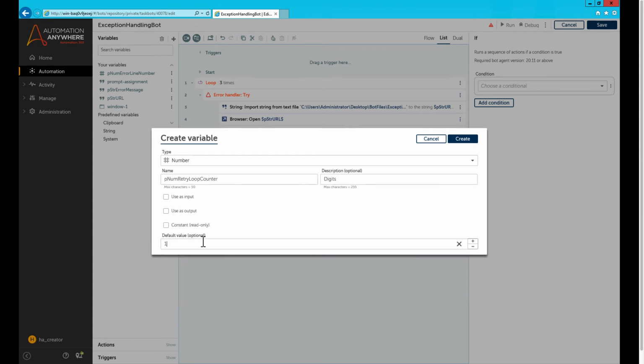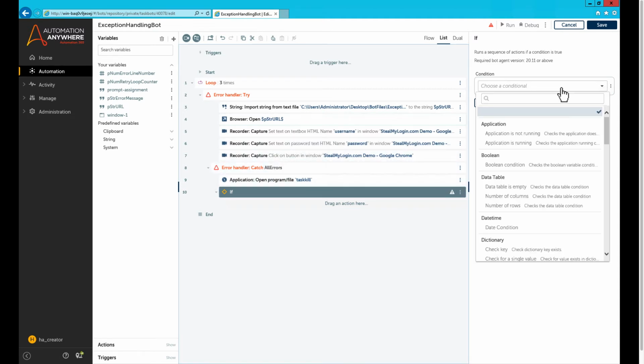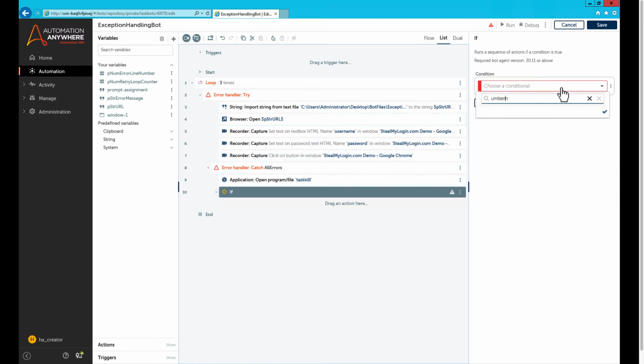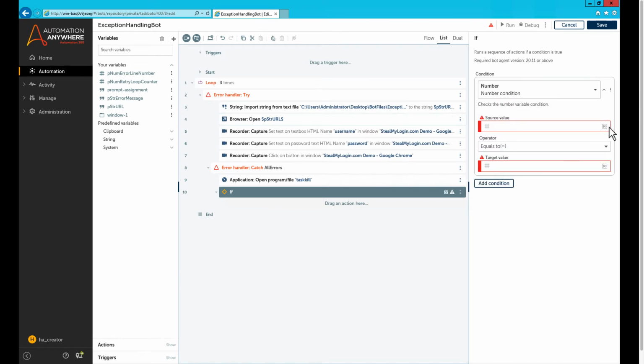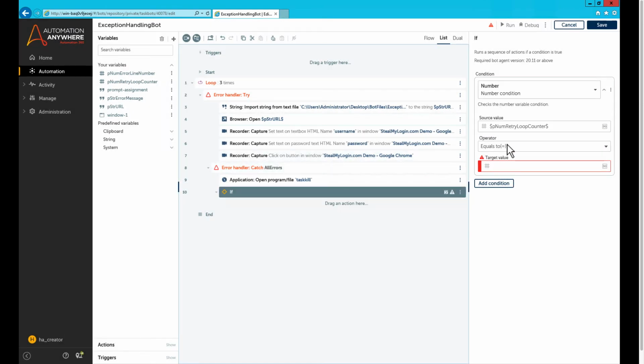Let's default it to 1. And then I'll check if the retry loop counter is, let me search for number condition, and I'll select retry loop counter, and if it is greater than or equal to 3,